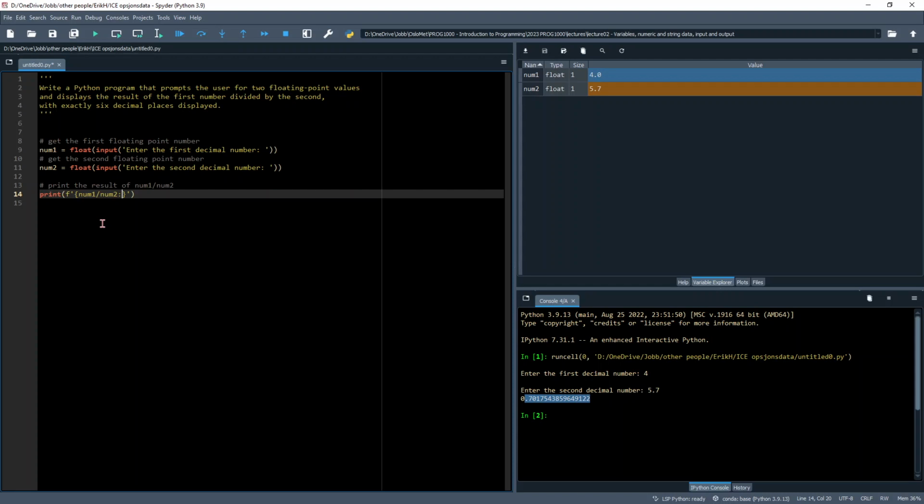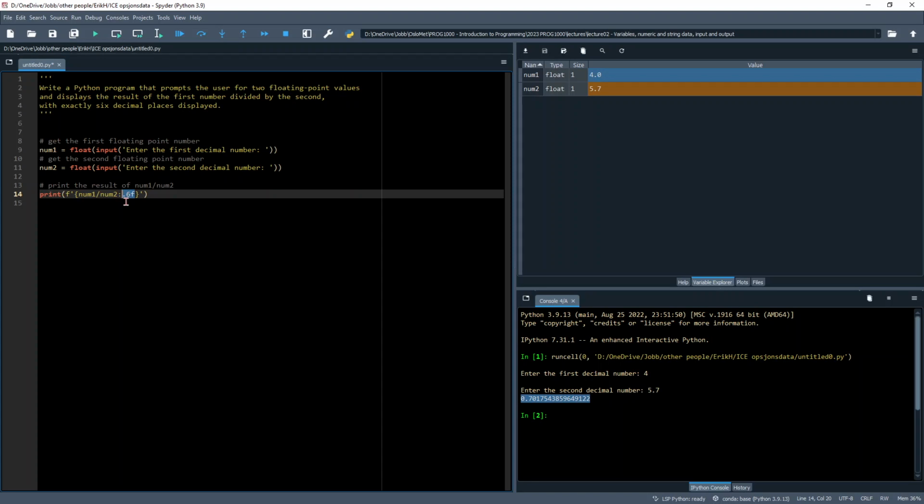We define that by the decimal sign and 6. And this should be displayed as a floating point number, like a float, which means that up here we have to add this f. So what these characters actually say is that we should format the output as a decimal number, a floating point number,